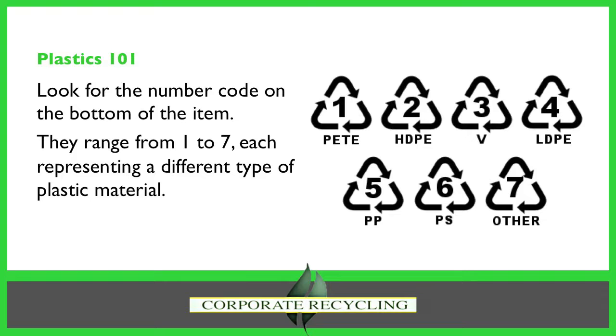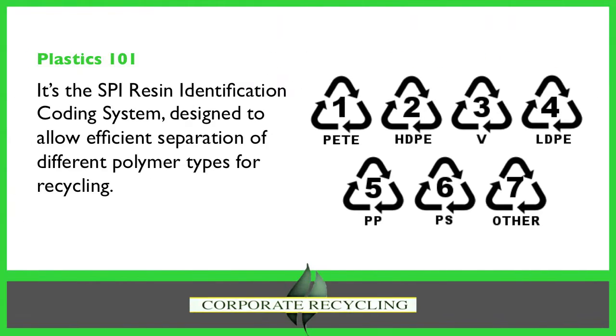So in general, on most household items that are made out of plastic, you should be able to flip over any of those plastics and look at the bottom, and there will be a number code, numbers 1 through 7. Now each one of those numbers represents a different type of plastic material, and that numbering system is known as the SPI Resin Identification coding system, and is a set of symbols placed on these plastics to identify the polymer type. It was originally developed by the Society of Plastics Industry, or the SPI, and it was created in 1988